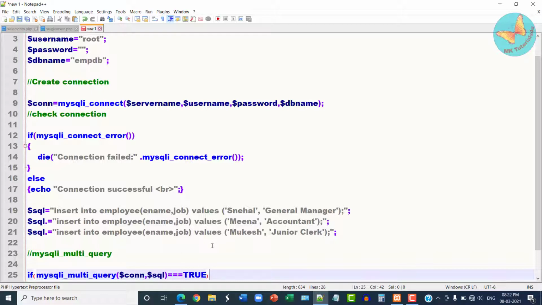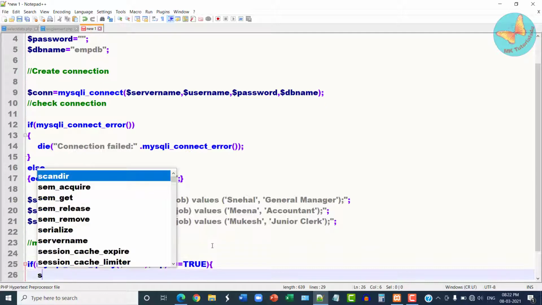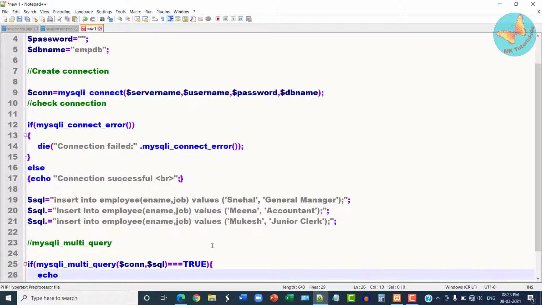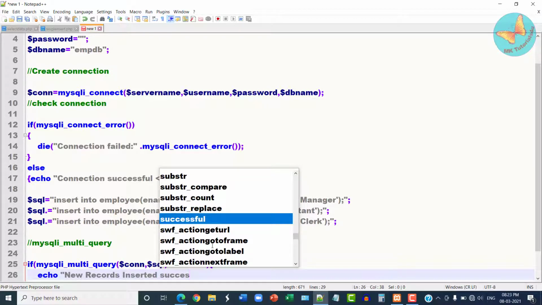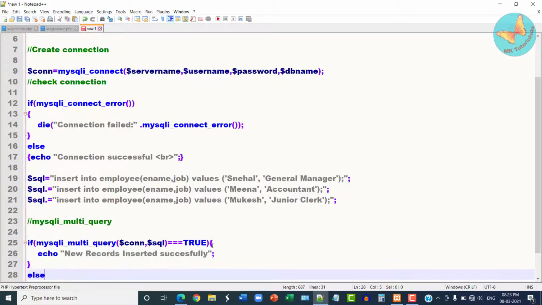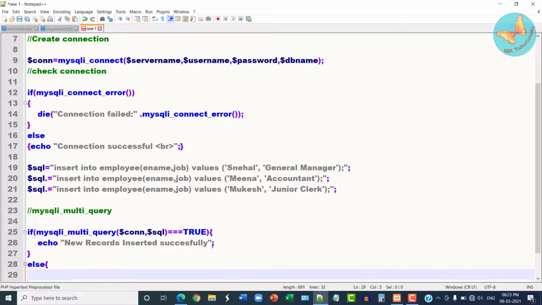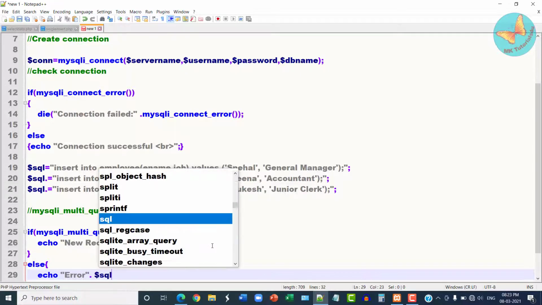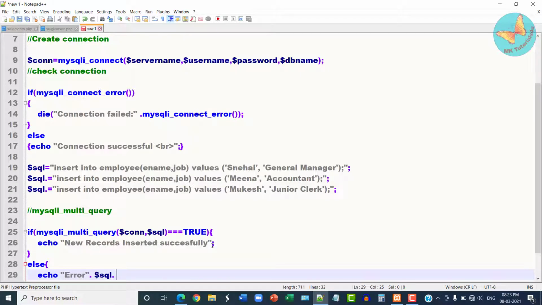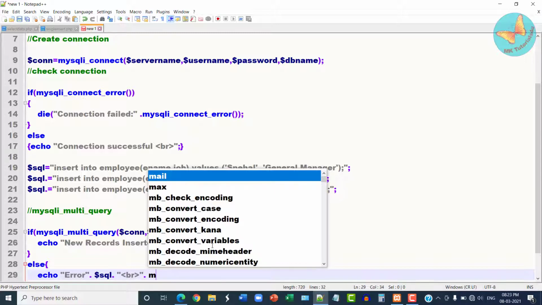If it equals true, then it means that our records are successfully inserted. So that is the message I will be displaying: new records inserted successfully. Else I will just display the error. For displaying the error, I'll put up here the SQL statement and the MySQLi error function.